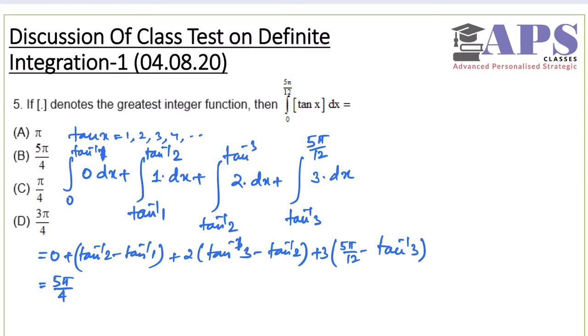Tan inverse 1 is pi by 4, again minus pi by 4, and then I can see that there are tan inverse 3 terms, so minus tan inverse 3 and then minus tan inverse 2, and if I take minus common, I can put them in plus. So this is 4 pi by 4, which is pi, minus this thing will give us 3 pi by 4. So finally it is pi by 4. How that is coming as 3 pi by 4? That is a concept of inverse trigonometric function.